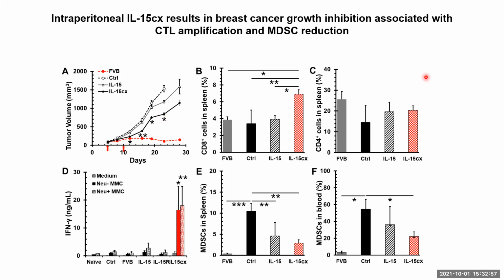Then we looked at the possible mechanism. First we looked at both CD4 and CD8 T cells in the spleen. As you can see here, after treatment, especially with IL-15 complex, there was a significant increase in CD8 T cells. However, CD4 T cells seem to have no effect. Then we looked at the function of those splenocytes, the cytokine release of interferon gamma. The data suggests that the T cells respond to both positive and negative cancer cells, so it is not necessarily specific